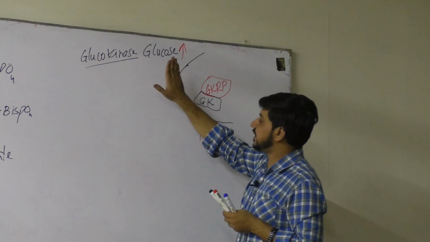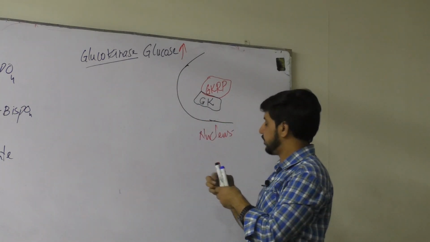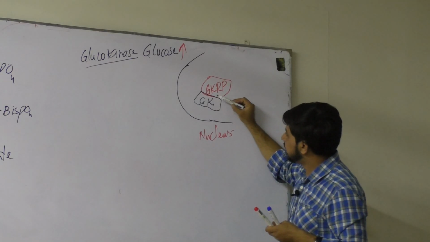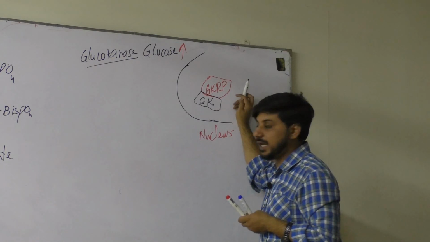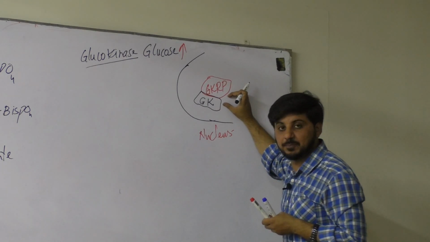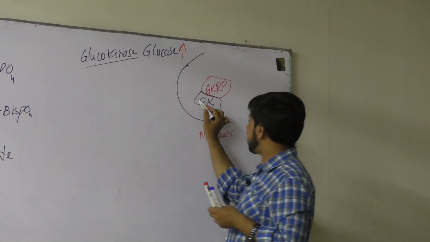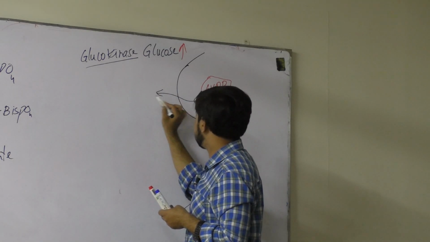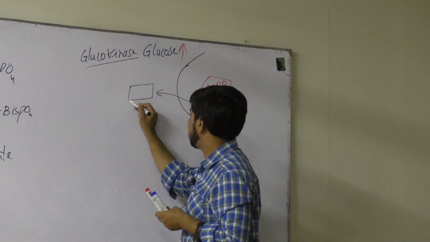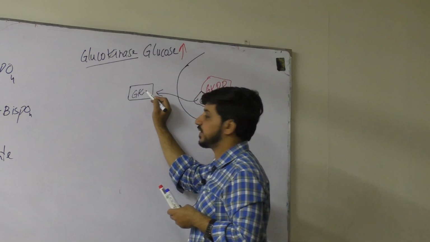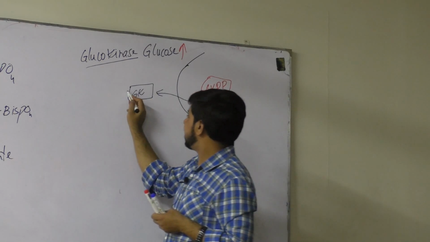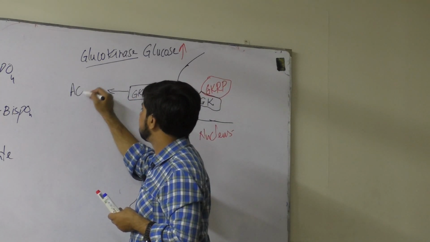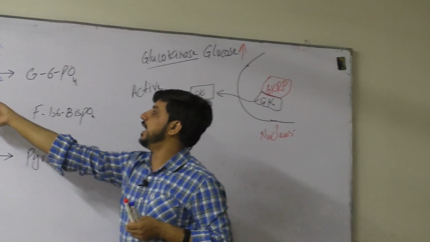As a result of this increased glucose level, this association will break. And when this association breaks, the glucokinase will be released into the cytosol. When this glucokinase is released into the cytosol, it will become active and it will phosphorylate the glucose